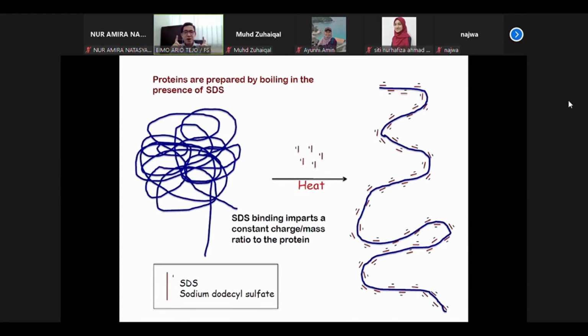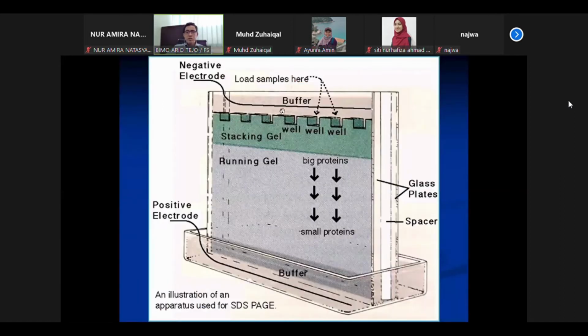Nanti kita tak akan nampak berapa size dia sebab the protein is folded. Tapi kalau kita buka protein tu, we denature the protein, then it loses the structure. So the speed of migration, the speed of how the protein travels in the gel, only depends on the size of the protein. It doesn't depend on the structure of the protein. Ya, sebab kita nak tengok dia punya molecular weight kan, kita nak tengok dia punya size. So that's why we denature the protein using heat and detergent. So this is how we run the experiment.